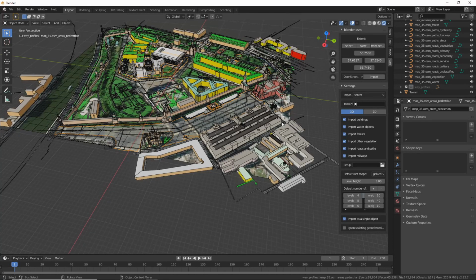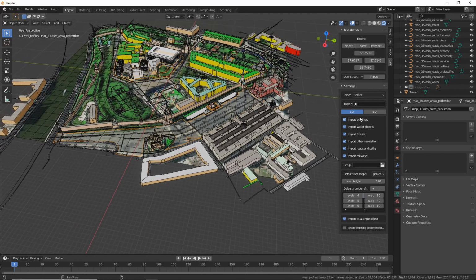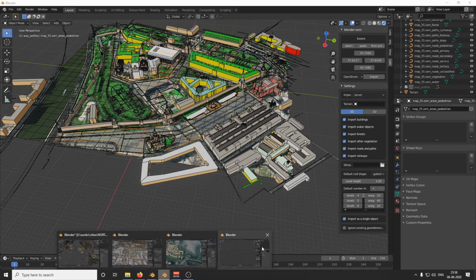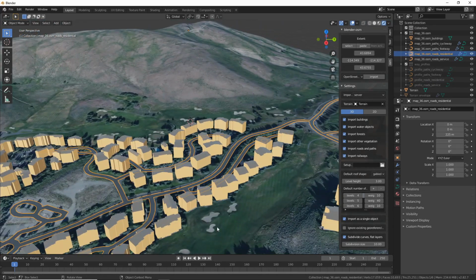At the first, if you click that, you will get only the flat buildings. So you have to change from the default roof shape to gabled. Only the gabled option gives you all the different roof shapes. So that's very, very important. We will use a new scene, and we are going to import all these terrain, image data, and the building